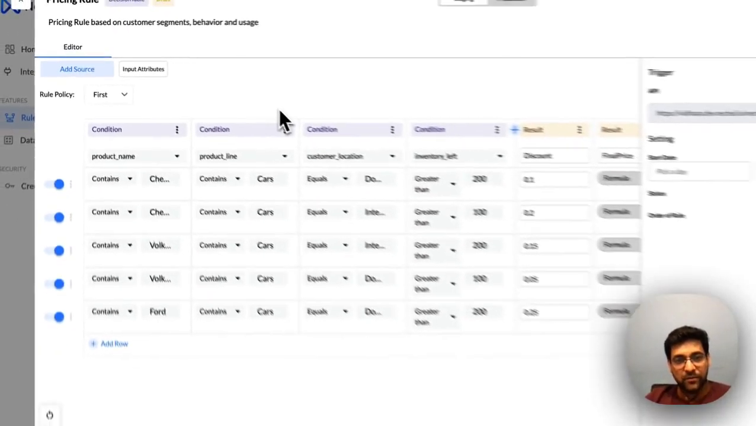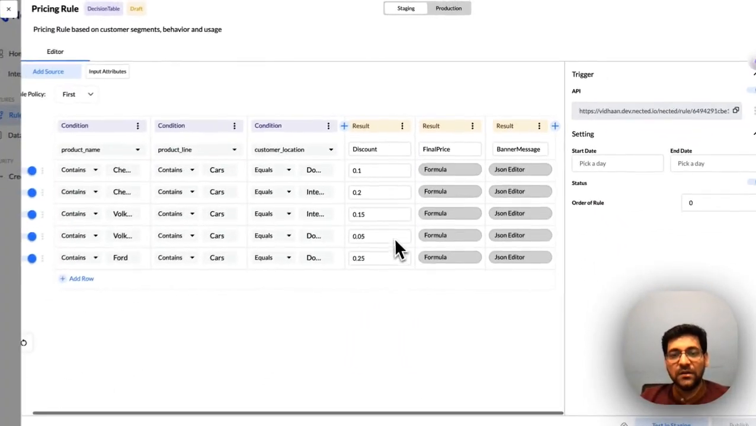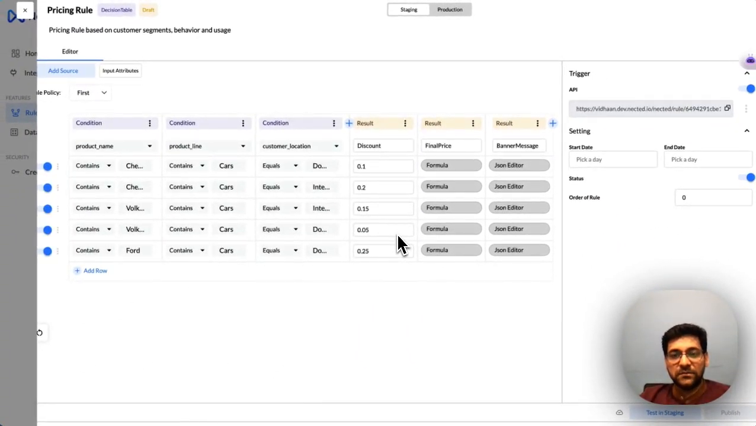So let's start building a rule for setting different pricing strategies based on the product category and the customer attributes, to set up different discounts, different prices and all. The use case is that the company wants to set up different discounting strategies based on the product name, the product line, customer location, and the inventory left. And they want to have a discount set up for that, but they want to return the final pricing and